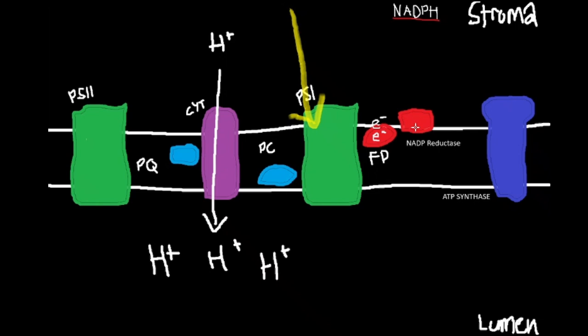That's why electrons are really good. Yeah. And okay, ferredoxin is going to carry this thing, and then it's going to activate this. So the abbreviation NADP, what's that again? Nicotinamide adenine dinucleo